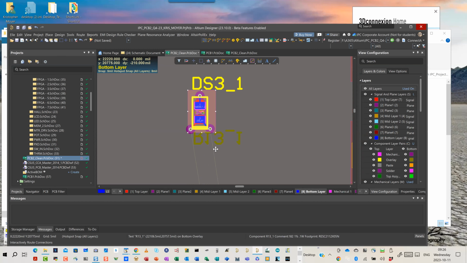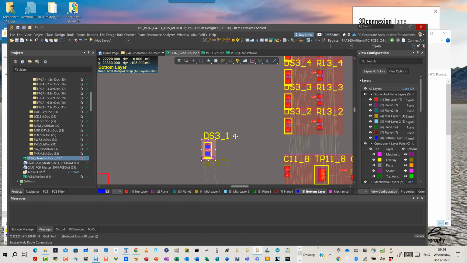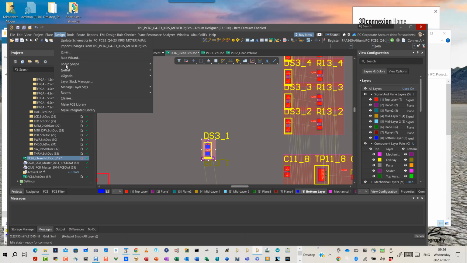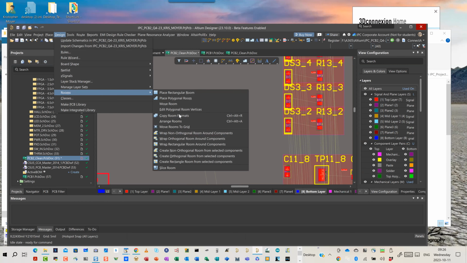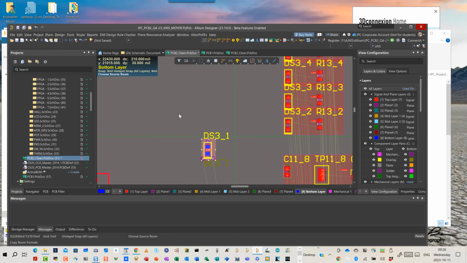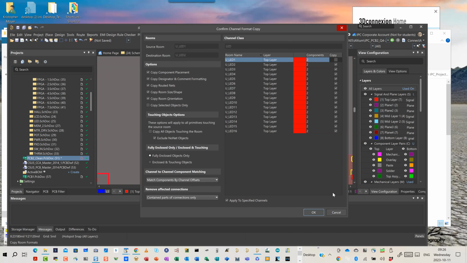Something like that. And then what I can do, and this is the cool part of the tool for those who have not seen this before, under the design menu, under the rooms submenu, I'm going to say copy room formats. My status bar is going to say choose source room, then choose destination room. I'll get the pop-up. I don't need to do room 1 again because I've already done it. And when I click OK,